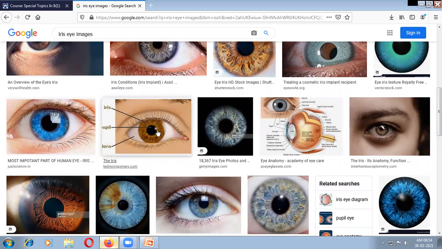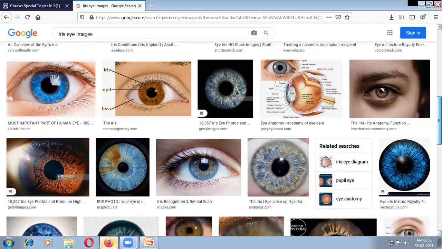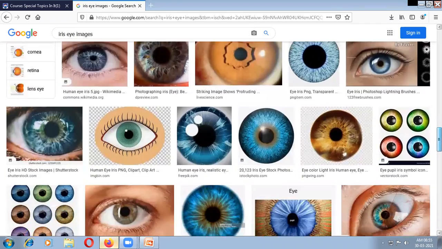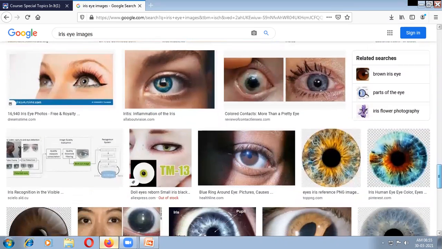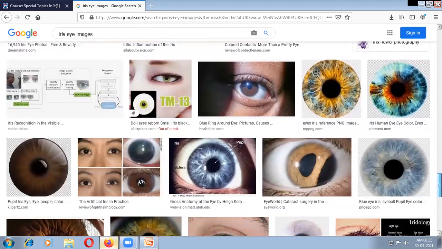So we already know this portion is the iris, this is the pupil, and the white color is called the retina. We are not going to process the retina, we are going to process only the iris pattern. So what is the problem in the feature extraction? We need to extract the feature which is invariant to translation, scale, and rotation. How do we extract our feature without having any problem? So that is the concern right now.